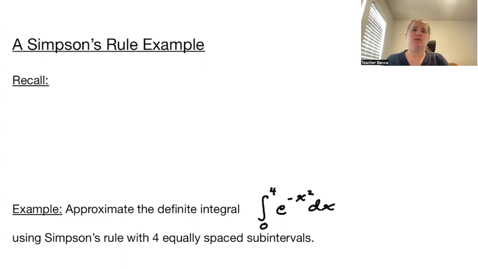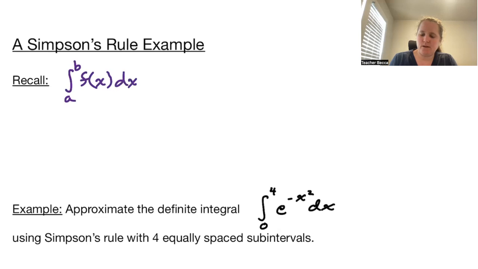Welcome to a Simpson's rule example. So recall, we had our formula for Simpson's rule, which said that the definite integral from a to b of f of x dx was approximately